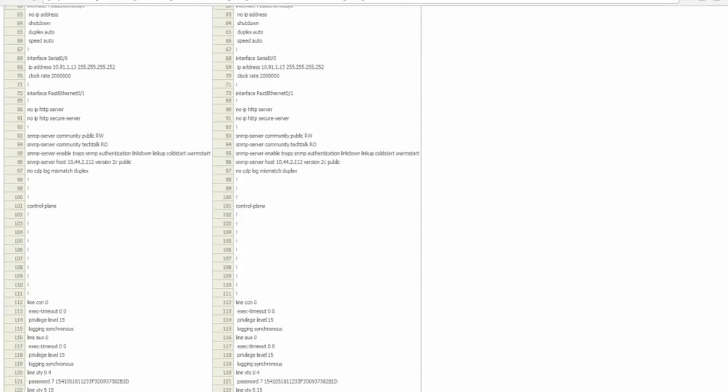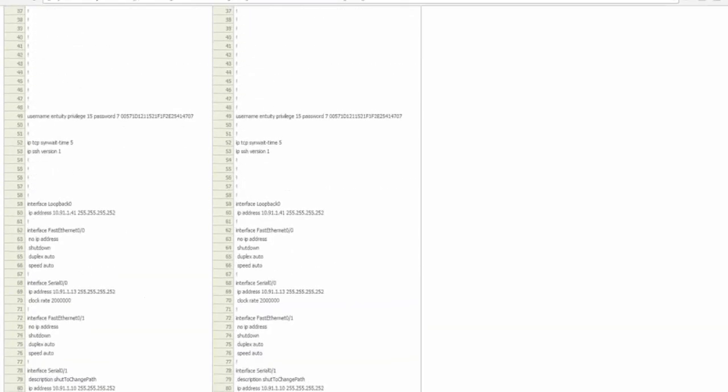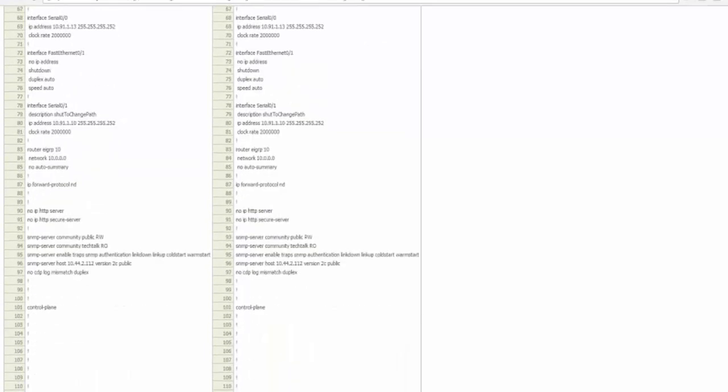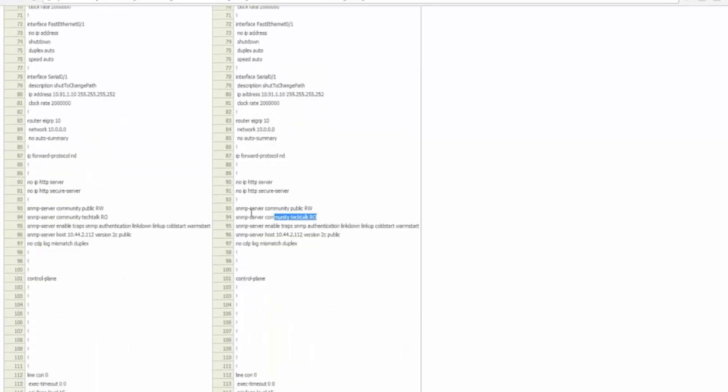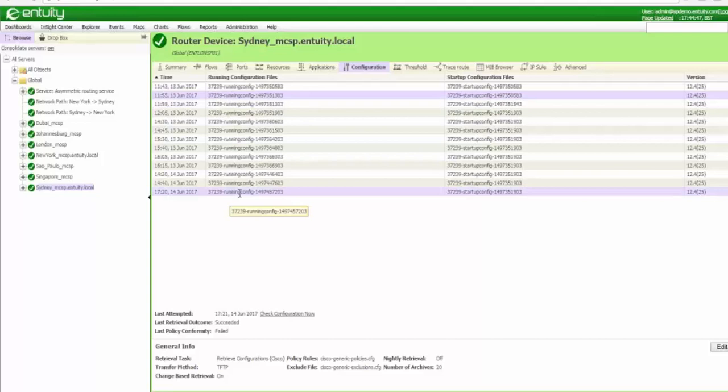And note those options will only appear in the context menu if you've got exactly two different configurations selected. If you've got none, or one, or three, it won't appear. You've got to have exactly two configuration entries selected. They don't have to be adjacent, but you just have to have two selected, and then you'll get that context menu available. That's right. I could compare that configuration at this time to the configuration down here if I wanted to, and then choose from running or the startup. So my startup here